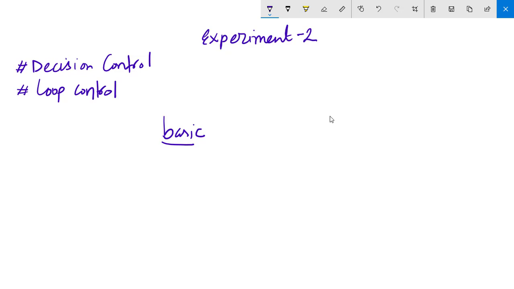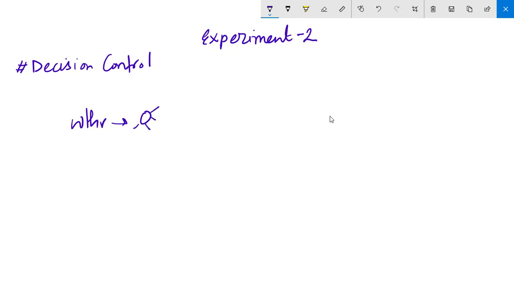Let's start with decision control structures. When we write our programs, we often face a similar problem: we have to perform something if some condition is true. Let's say, I will go to school if the weather is sunny. Then the weather being sunny is the condition.